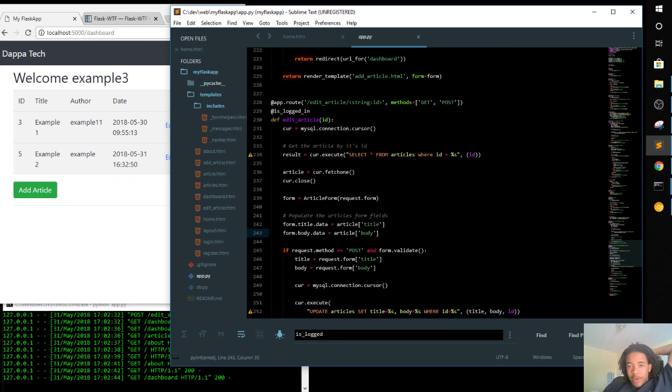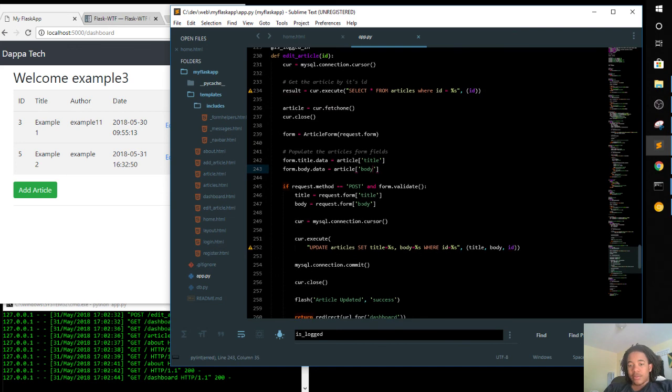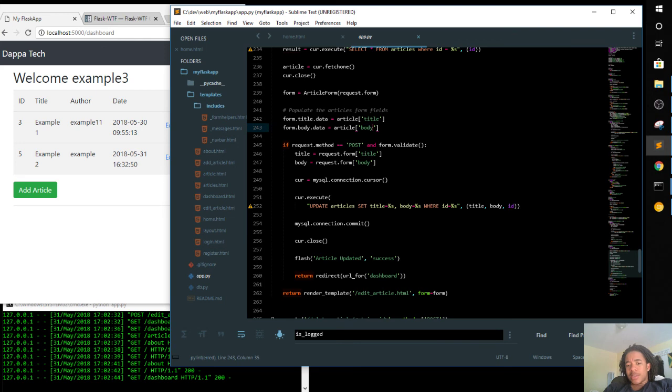Edit article is a bit different, because you query first and then you populate the form first with the article that you got from the database itself. So you get that one article, and then from the article you check the title and the body, and then you populate the form, and then you can change the form based on what the user sent in that post request. So you post and then validate, and you update the articles by setting the title,